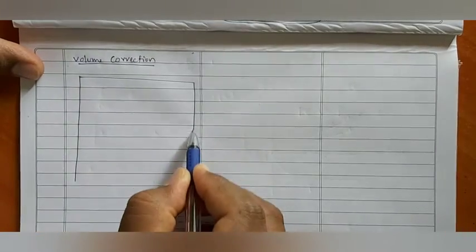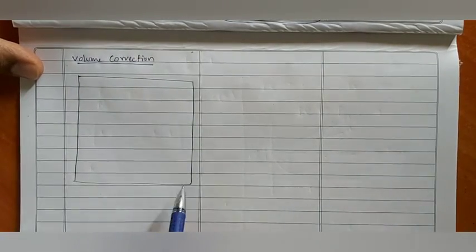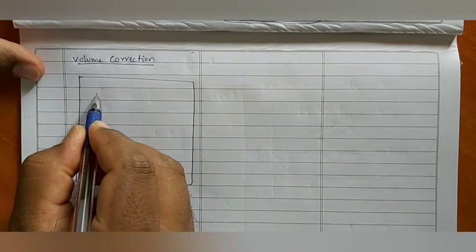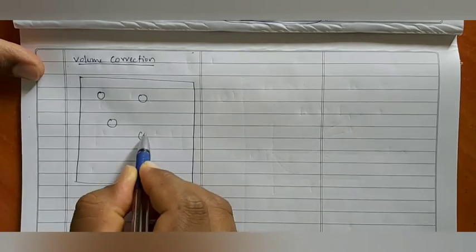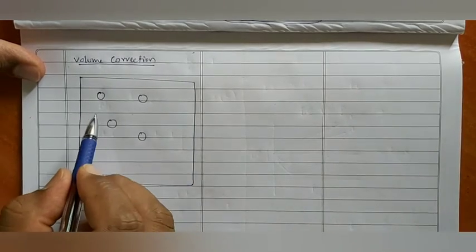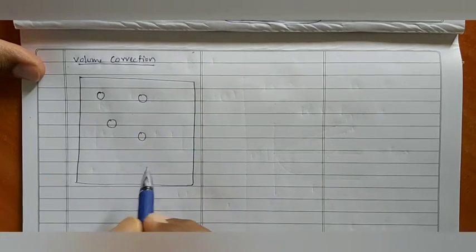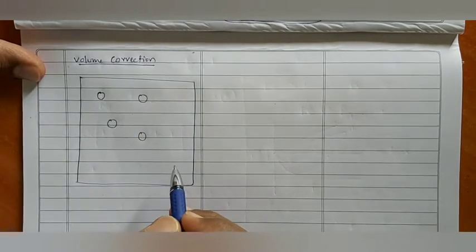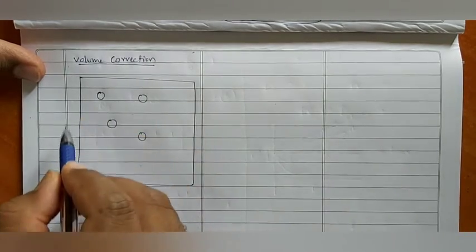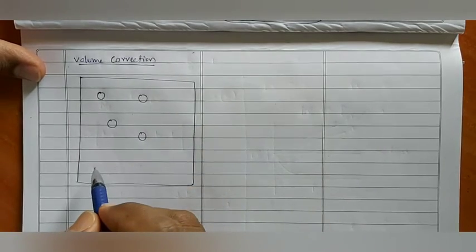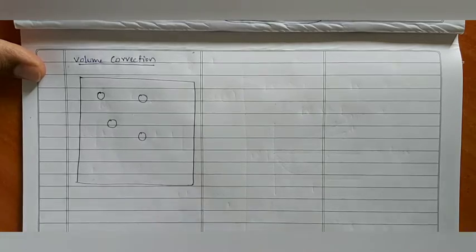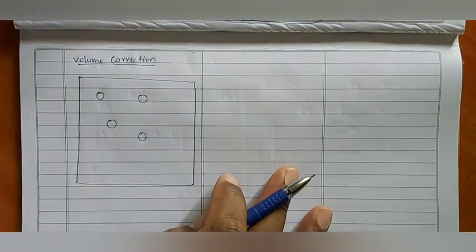According to the ideal gas equation, the volume of the container is very big when compared to the volume of the molecules. That means the volume of the molecules is neglected when compared to the volume of the container, and we are going to take the total volume of the container as the volume of the gas. Is it correct? Now for this, a small explanation is there, observe.